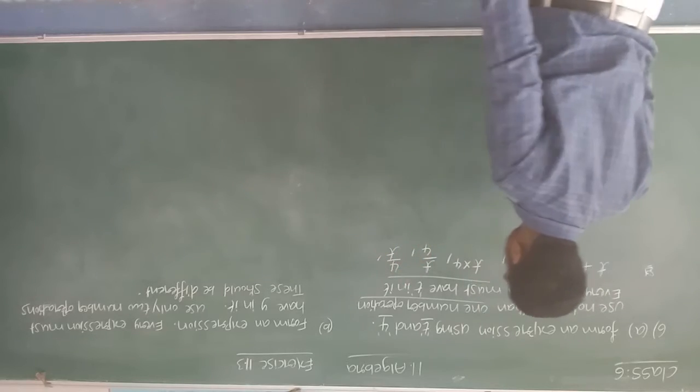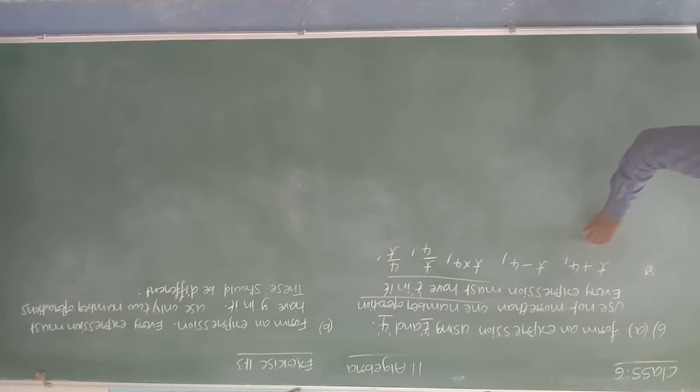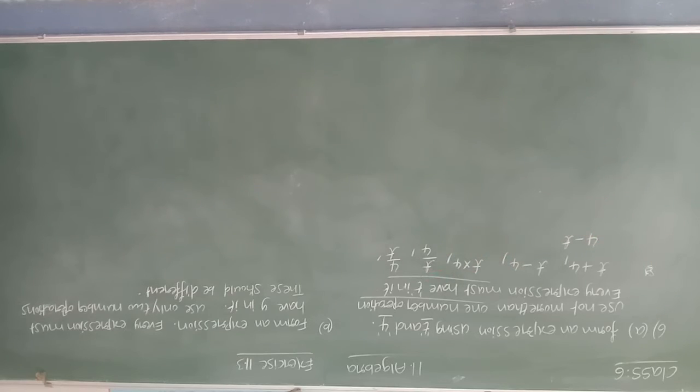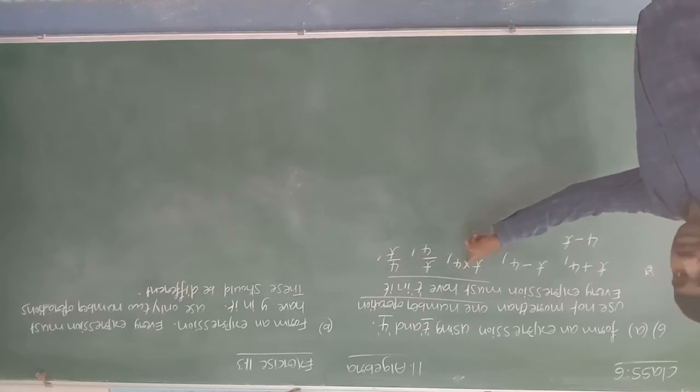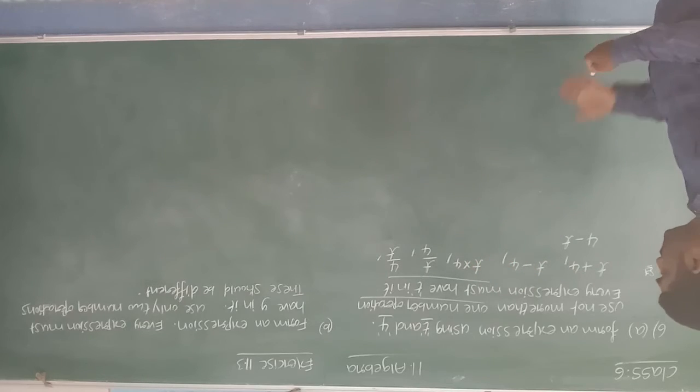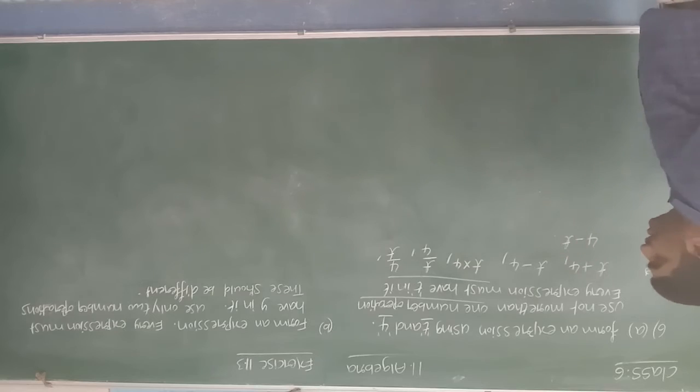Any more possibilities? More, we can write 4 minus t. 4 minus t is also an expression which contains t in it and we took only one operation. That's all. We can write 4 plus t also, but 4 plus t equals t plus 4. We can write 4 into t, which is equal to t into 4, both are equal. So these are the possibilities we can write.